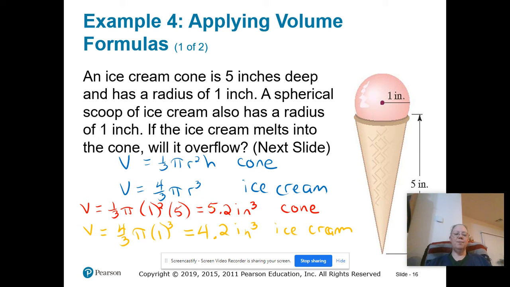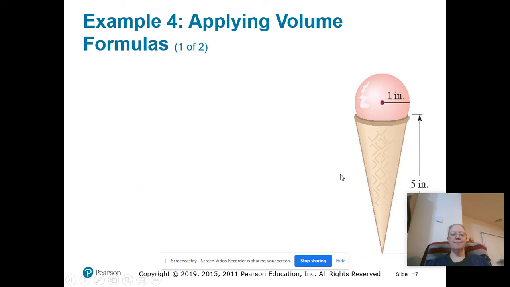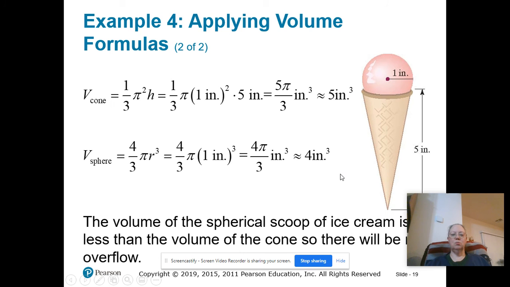So the cone has a bigger volume than the ice cream. So since the ice cream has smaller volume than the cone, it will not overflow the cone if it happens to all melt. Although why would you let it all melt? I don't know. But anyway,